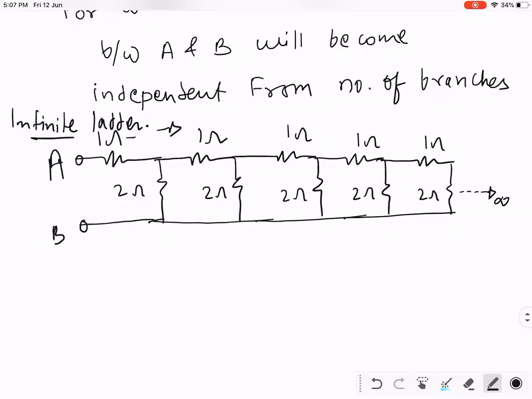Wrong. ऐसे कुछ ही बोल दोगे क्या? 1 ohm. बताओ।